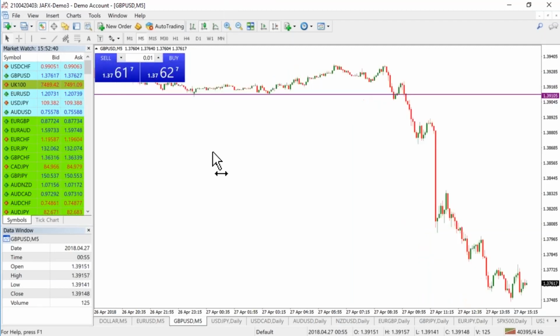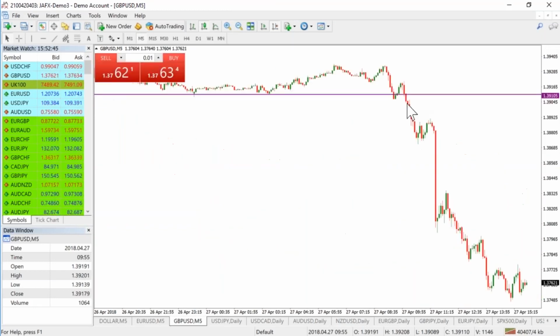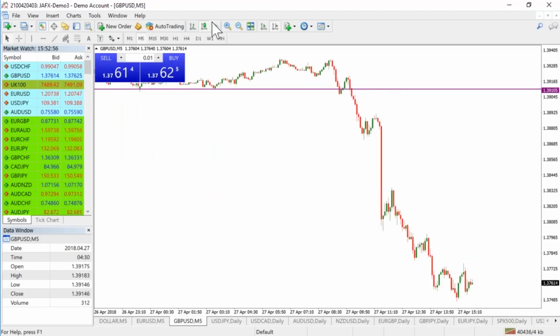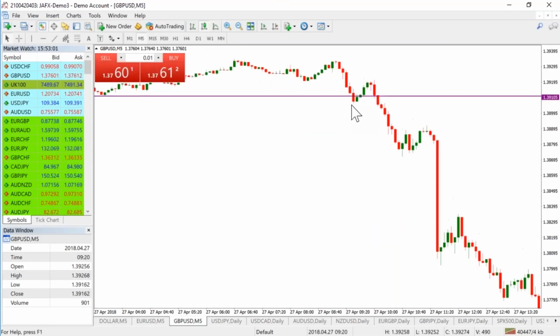This is twice the size of certainly the previous 5 days, 6 days, and it's even larger than these 2 days in here. In fact, it's probably the largest move to the downside since potentially back in February. So it's comparable to that. In fact, it's even marginally a little bit bigger than that. So just a really big move today to the downside in the pound dollar. Will this market have any intention to move lower? Maybe, maybe not. Let's have a look at the 5-minute chart and see where we're at with this market.